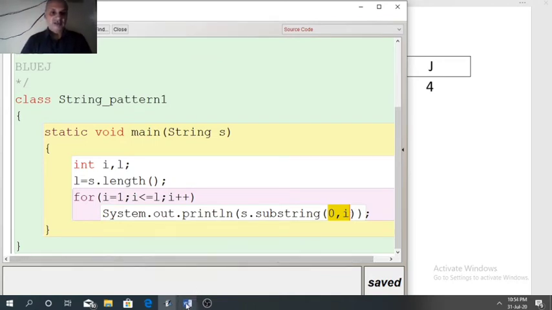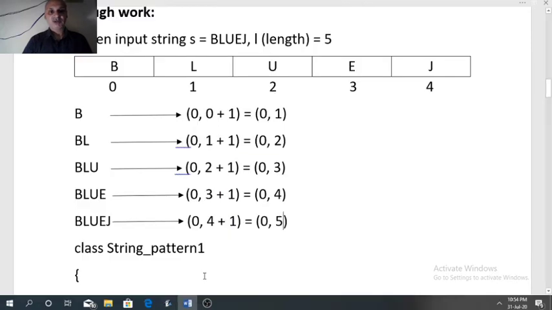For that, see once more the rough work. This last ordered pair will help you to find the argument for the substring function. So here if you analyze the first argument, that is starting index is 0 in every case, but the last index is changing.